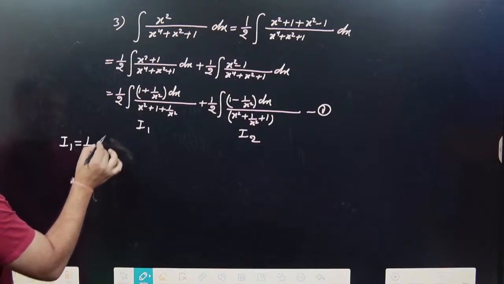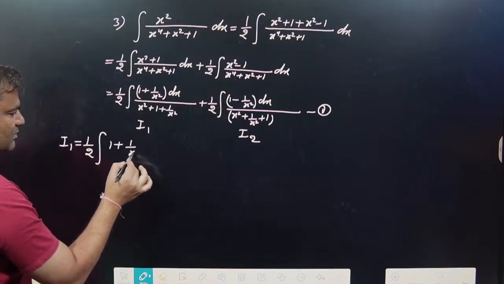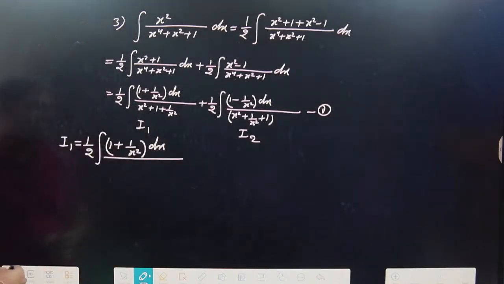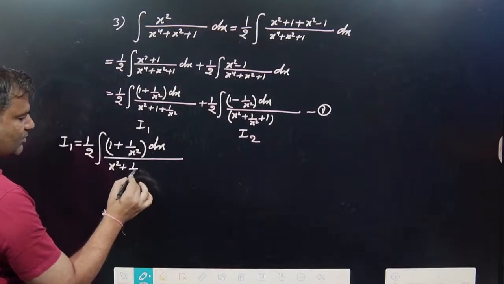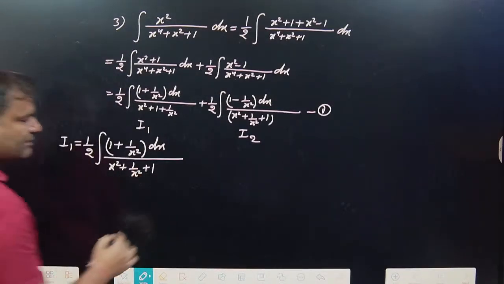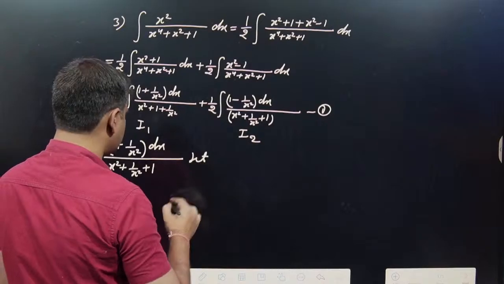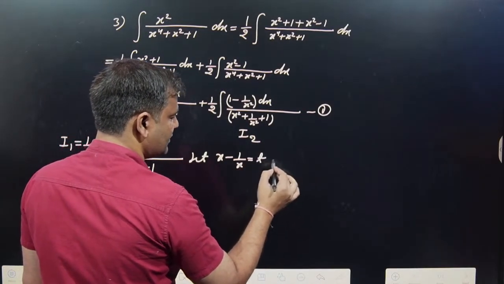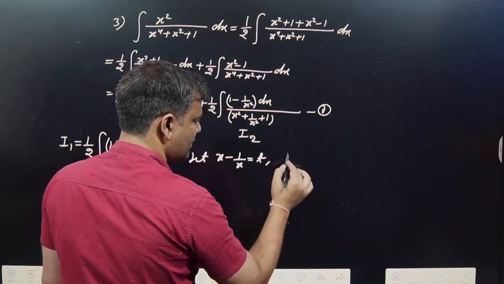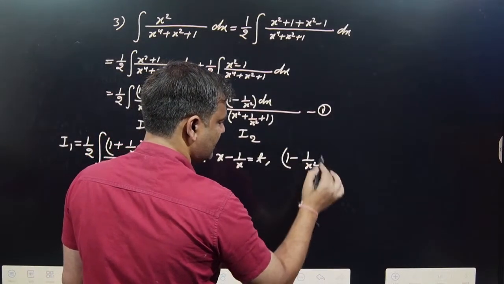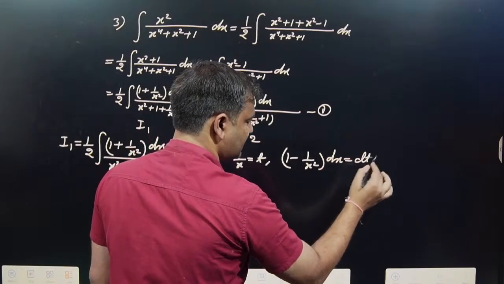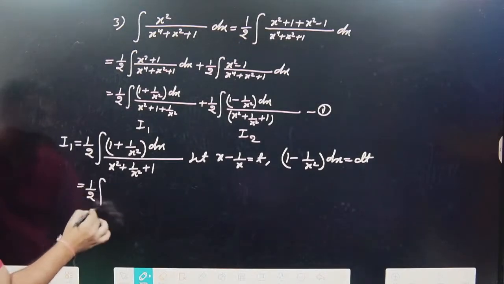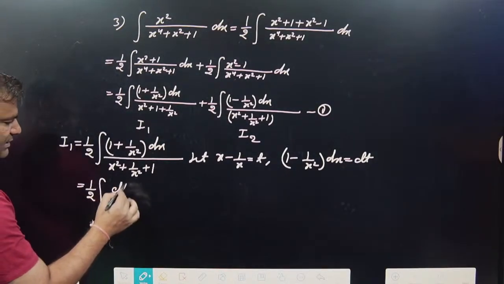1 by 2 into 1 plus 1 upon x square dx divided by how much? Here x square plus 1 upon x square plus 1. Let x minus 1 upon x be equal to t. So 1 plus 1 upon x square dx, this is equal to how much? dt. So that one is written as 1 upon 2, that is dt divided by